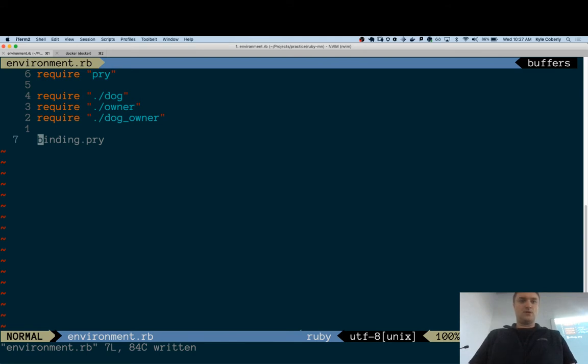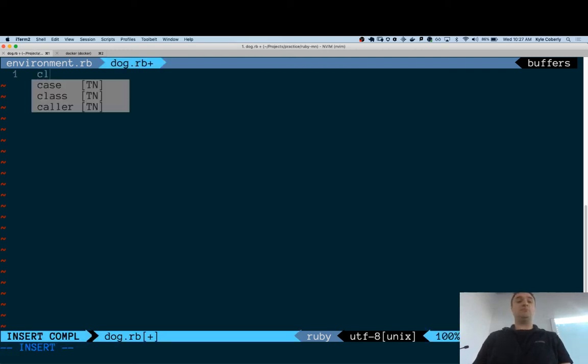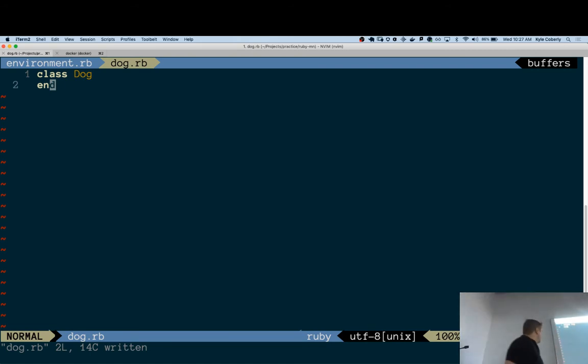Cool. So over in dog, if I want to make this dog class, how do I get started? It's just got a name at this point. Class keyword, love it. And then capital D Dog. And then how does it close? End. As a good programming habit, when you open something up like this, write the end immediately. So in JavaScript, if you open up a brace, close it immediately.